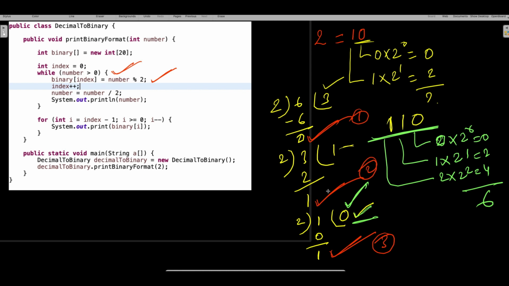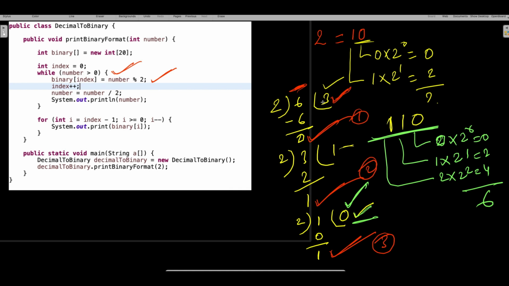Then what I am trying to do is, first I am dividing the number, which is nothing but n. I need to find the binary for 6, which is nothing but n. Whenever I am dividing it, the same number I am again doing modulus by 2.